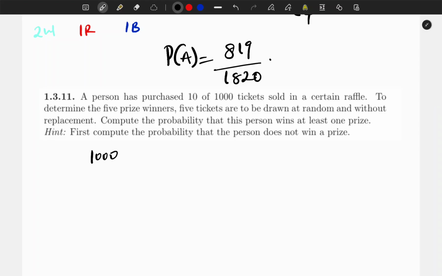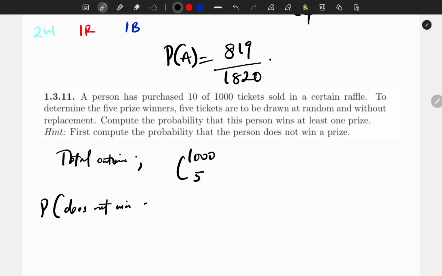So the total outcome, or the number of ways to choose, is 1,000 choose 5. Now, the probability that the person does not win a prize,